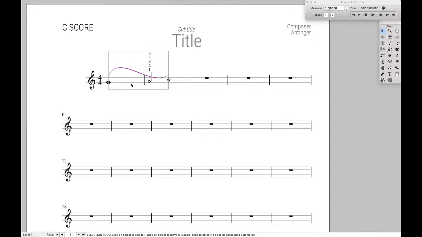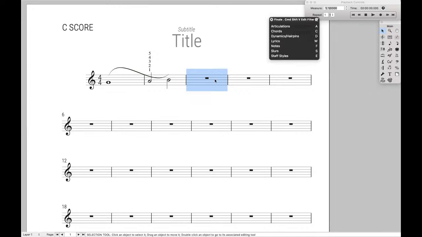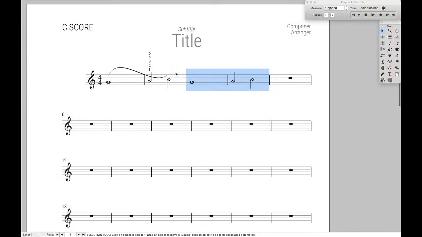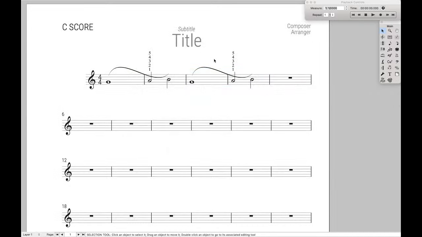Oh, copy paste filters. So cool. Let's try to copy and paste some notes. So cool, that seems to be working. Now let's copy and paste the slur on top of that. Cool. And let's copy and paste the articulations. So cool. And if you're curious, by the way, what I was doing was just the Keyboard Maestro script